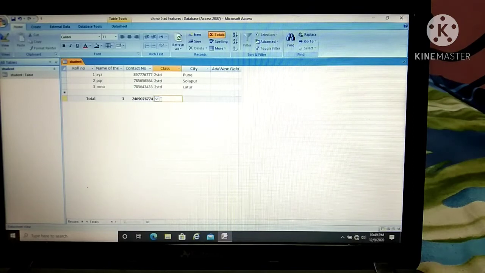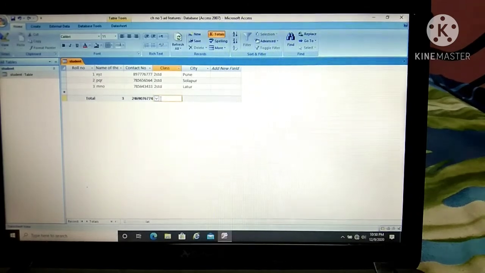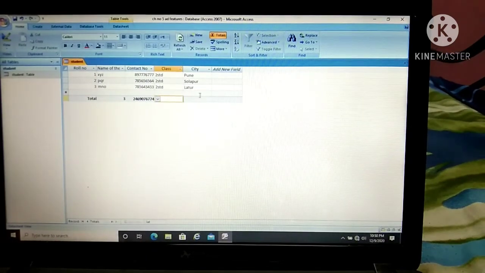Okay, now next is filtering in the datasheet. This is one of the most important assets of your datasheet, where you can filter the data according to your requirement. What exactly is filtering? You can filter the data in the datasheet. The steps to filter data are as follows. What do you have to do first? Firstly, click on the drop-down arrow present at the right of the column header whose data you want to filter. Now suppose I want to filter the city.